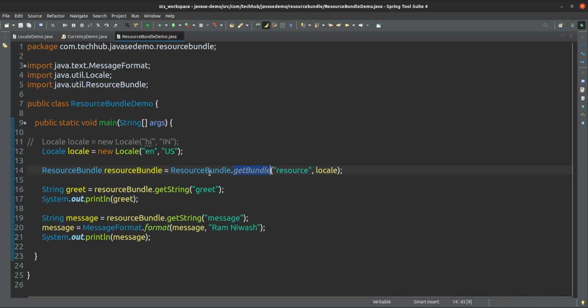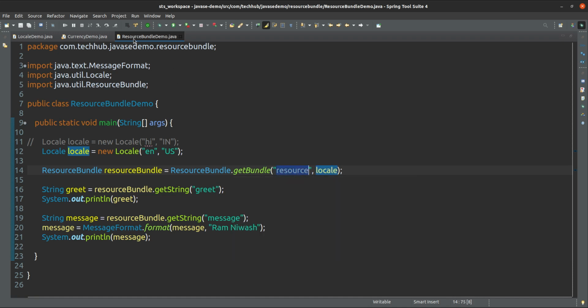Okay, so here if you see the methods of ResourceBundle, getBundle is the static method of ResourceBundle that is taking two parameters. The first one is the resource name, and the second one is the locale. What is locale? That we have already seen. Locale is representing your country and your language. One country can have more than one language, or two languages, or it can have even one language also. So the locale is the second parameter for this getBundle, and the resource is the name of the resource.